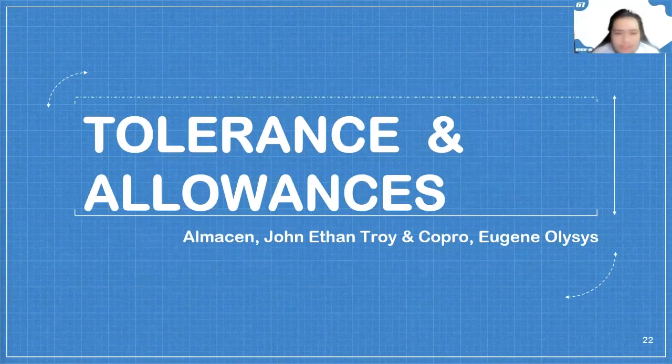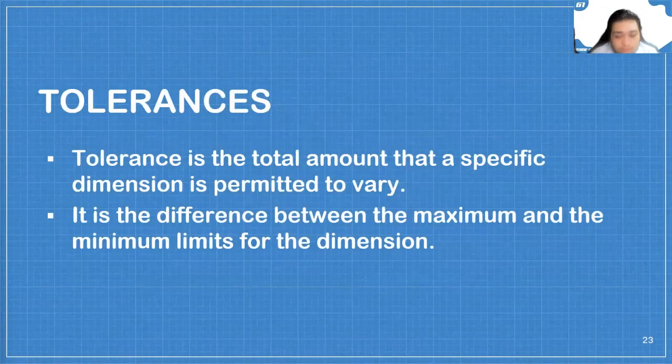Tolerance and allowance. Let's start with tolerance. Tolerance is the total amount that a specific dimension is permitted to vary. It is the difference between the maximum and minimum limit for the dimension. For example, tolerance is a dimension given as a